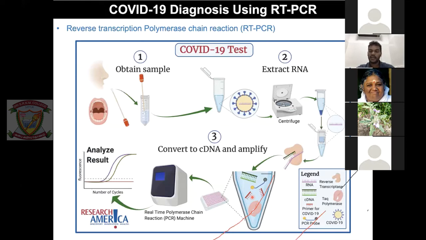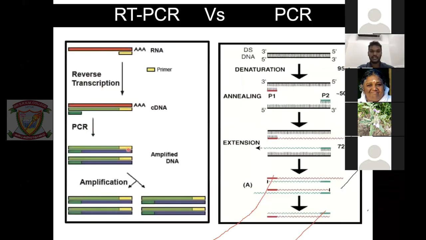Anywhere, not necessarily in one particular place. Anywhere you synthesize, you throw it in, it will go and bind, and it will synthesize the DNA from that particular nucleotide. So now once you make more and more copies of the nucleotide, what happens? This primer has something called a fluorophore. I will just explain this step, how it is making more and more copies, and what is the result that you read, in the next slide.